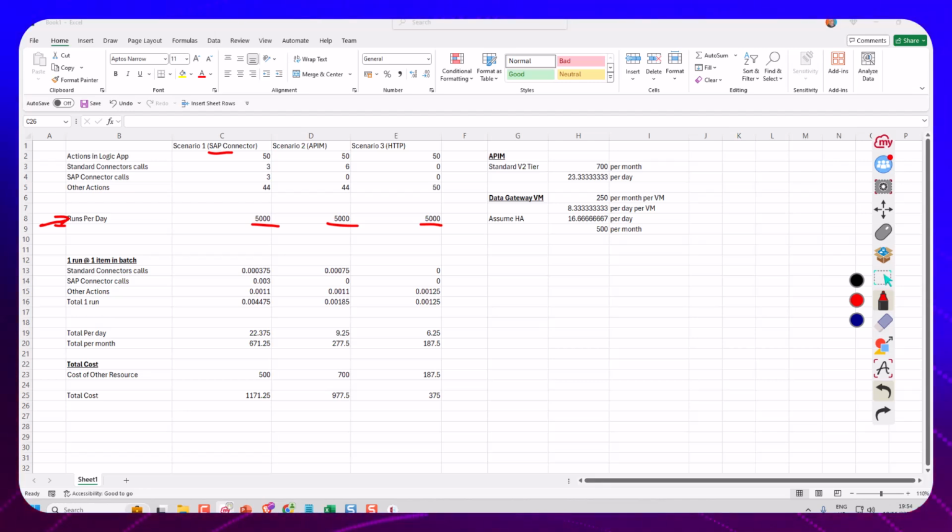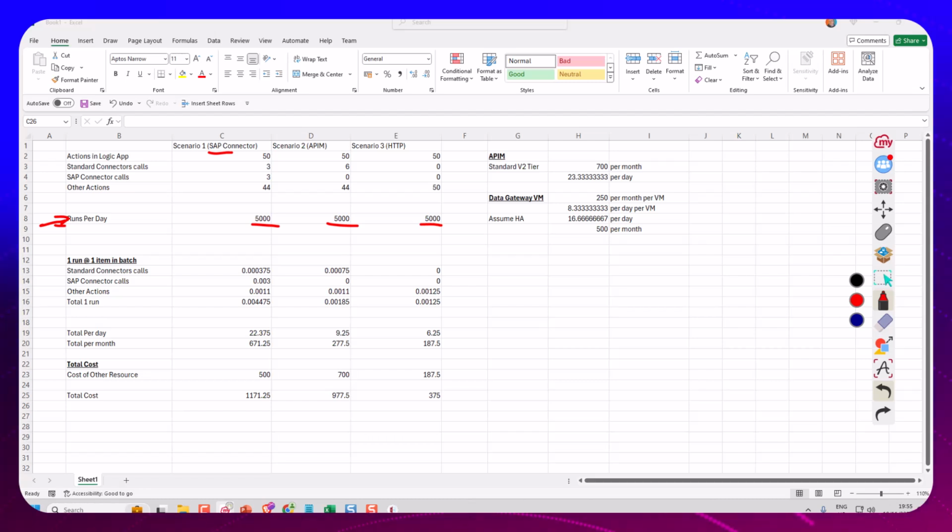And let's pretend the message comes in, we do some stuff, manipulate the data, and then we have to make 3 calls to SAP to be able to process that message. So maybe we do 2 lookups and then we do an insert or something like that. So the 3 ways we could implement this are: we use the SAP connector for those calls to SAP. We could do a scenario where we might use API management, or we could do a scenario where we use